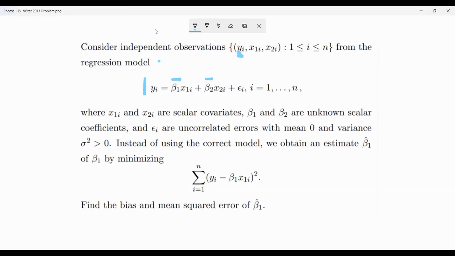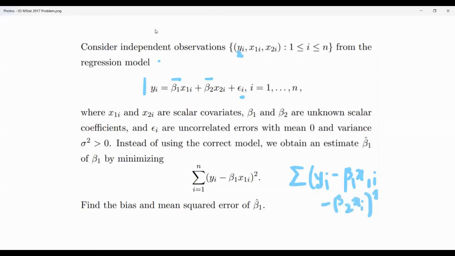And as you know, the corresponding errors have mean 0 and they're uncorrelated, and their variance is sigma square. And obviously we will estimate beta 1 hat and beta 2 hat, but here the problem rests on the fact that we're estimating beta 1 hat by not minimizing the actual least square. Okay, what is the actual least square? The actual least square will be summation of y_i minus beta 1 x1i minus beta 2 x2i